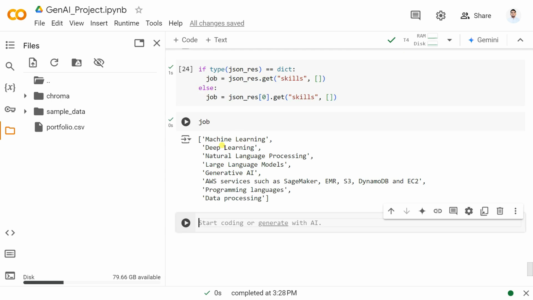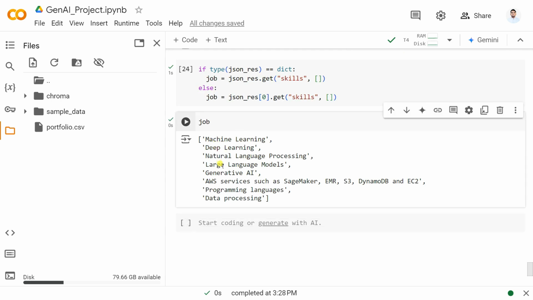That's our list of skills: machine learning, deep learning, natural language processing, large language model, generative AI, AWS services such as SageMaker,